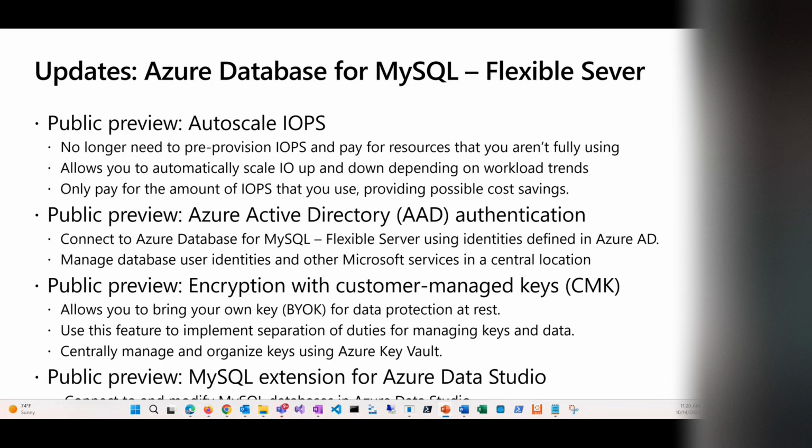That has been announced in public preview. Second one, in terms of security, Azure AD authentication. I know some of my customers asked for it in the past because they want to manage all their identities in one place, which is Azure AD. They don't want to have this multiple identity crisis where you have some identities in Azure AD and then you have created some identities in the database. Now you have identities in one place and you can give them access to the database, which makes things much easier and much more secure. And with encryption,